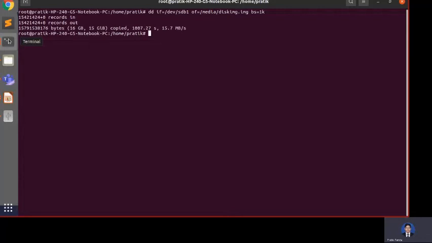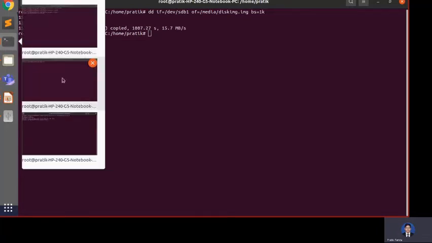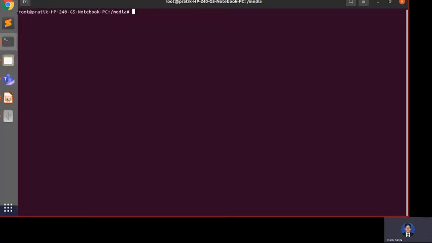To do this we need to give the input file as the image file, that is disk img.img, and give another output file. You can see here, input file and output file, md5sum.